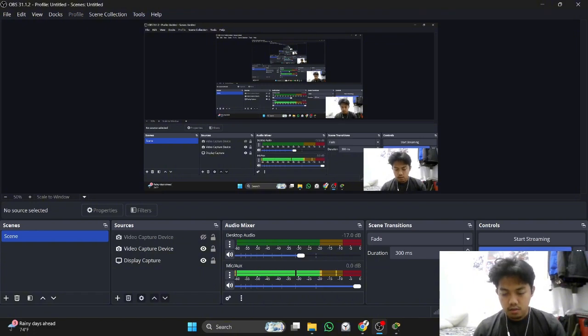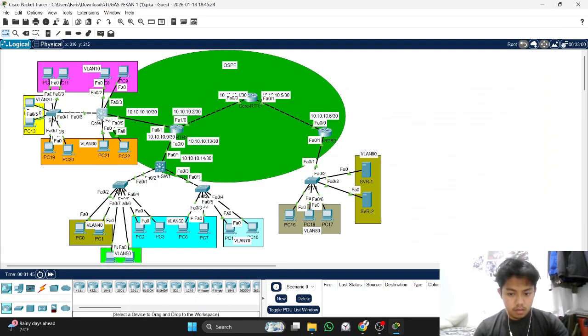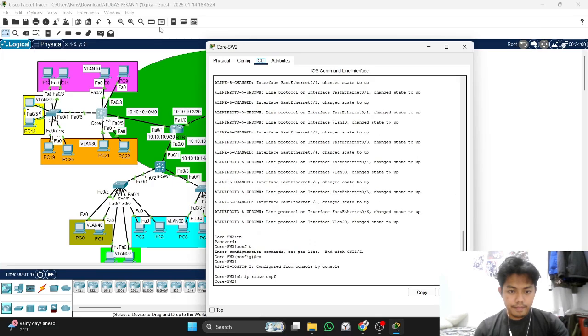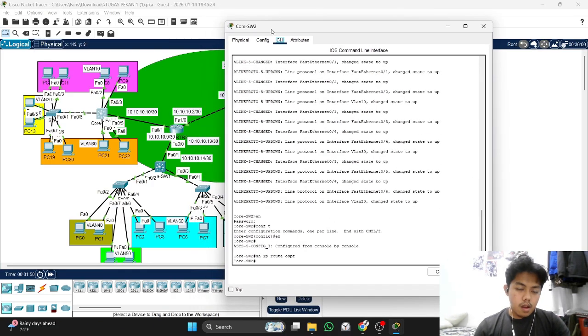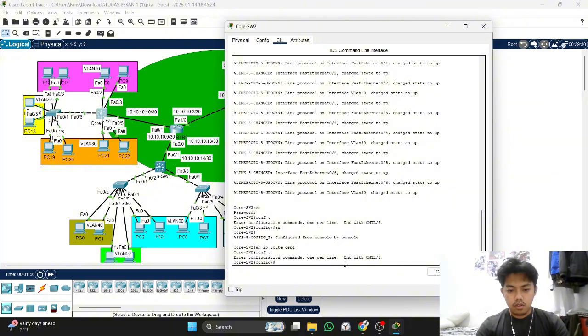Okay guys, and now we continue the configuration of OSPF. We start from this MLS. We go to the global configuration, and then we go to the interface going to the next router.